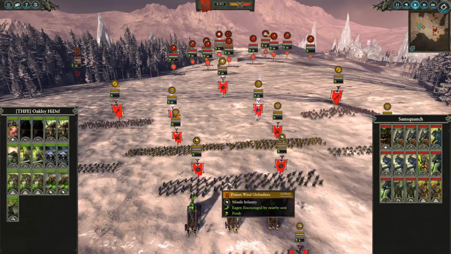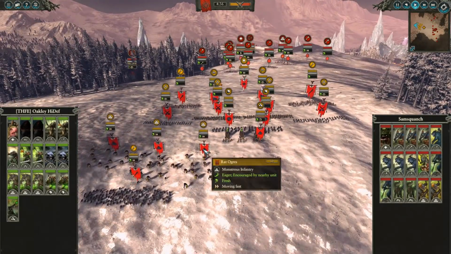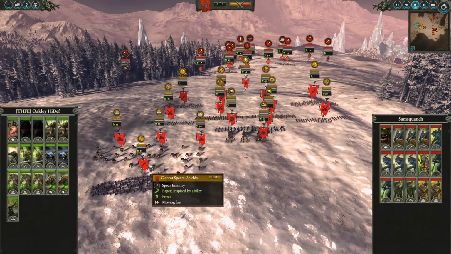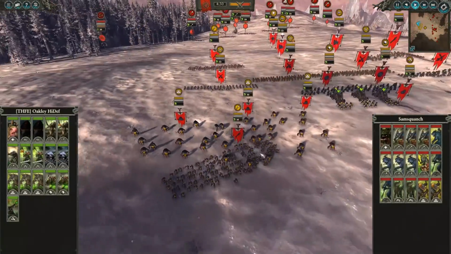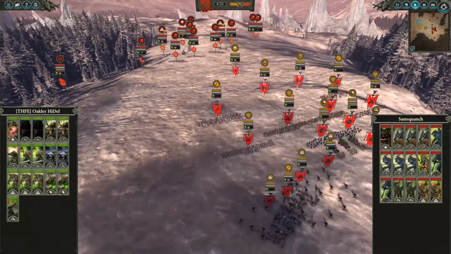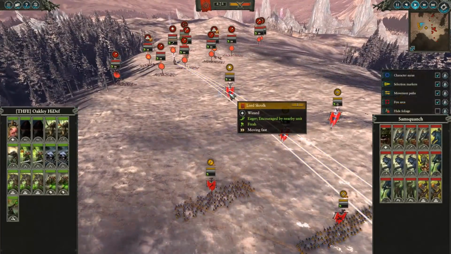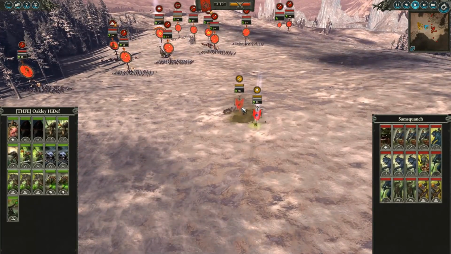Speaking of countering armored units, 2 Poison Wind Globadiers, and then in the back, a core of 3 Rat Ogres, followed by a clan rat with spears. This is just going to be my anti-large marauding force, and they're going to go ahead and try and go where the monsters are at. Up through the center, Lord Skrulk as always. I really like bringing him, and he's going to be up here just to be able to pop some of